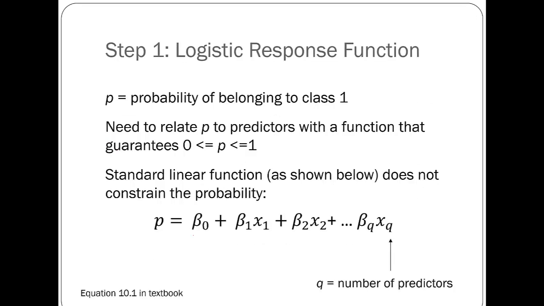So here's the basic idea. We're going to say p is the probability of belonging to class 1, and we need p to be a number between 0 and 1 because it's a probability. And if we use standard linear regression and say p is equal to beta 0 plus beta 1 times x and so forth, then that's going to be problematic because for certain values of our x's we're going to get p's that are bigger than 1 or less than 0. So